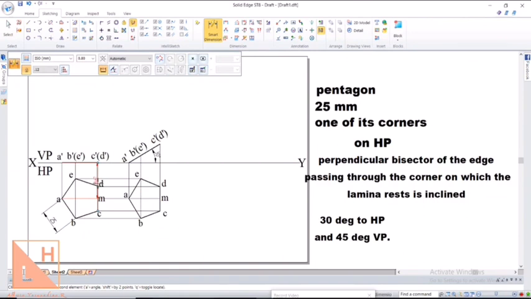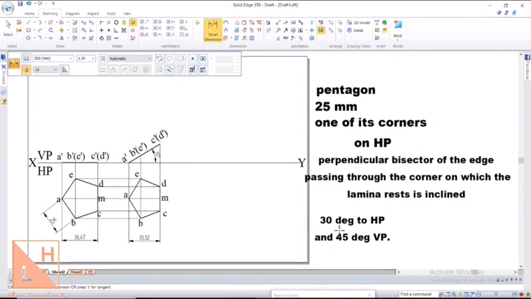So let us check the length of AM in the first and in the second position. In the first position it is 38.47. In the second position it is reduced to 33.32. When you have an even number of sides like square or hexagon, you will find the angle would be given with respect to diagonals. Whereas when you have an odd number of sides like triangle and pentagon, it will be either a perpendicular bisector or we'll also call it a median.